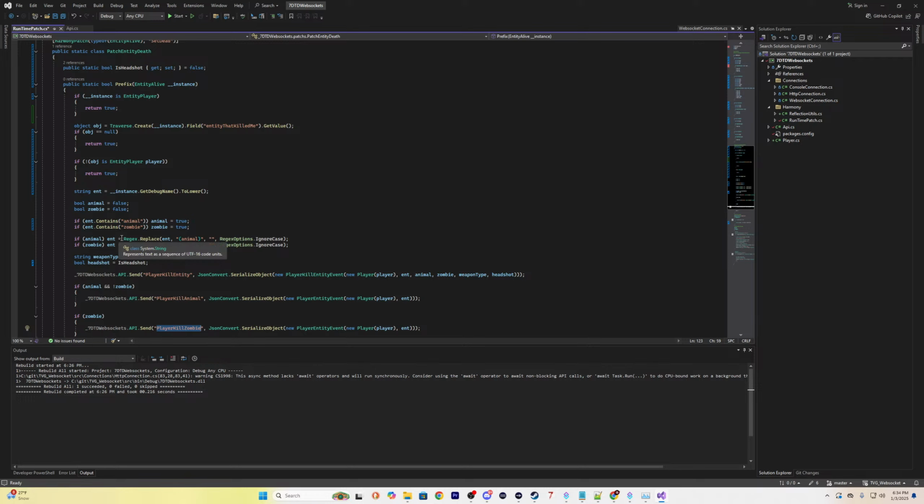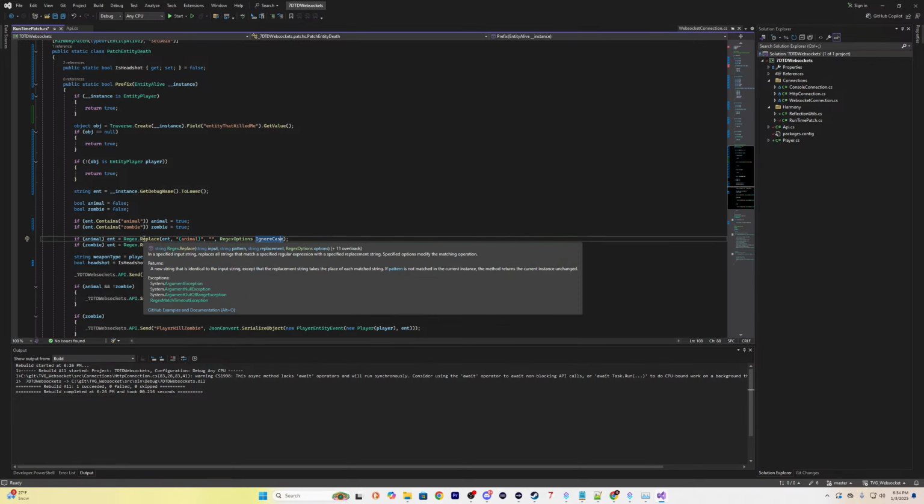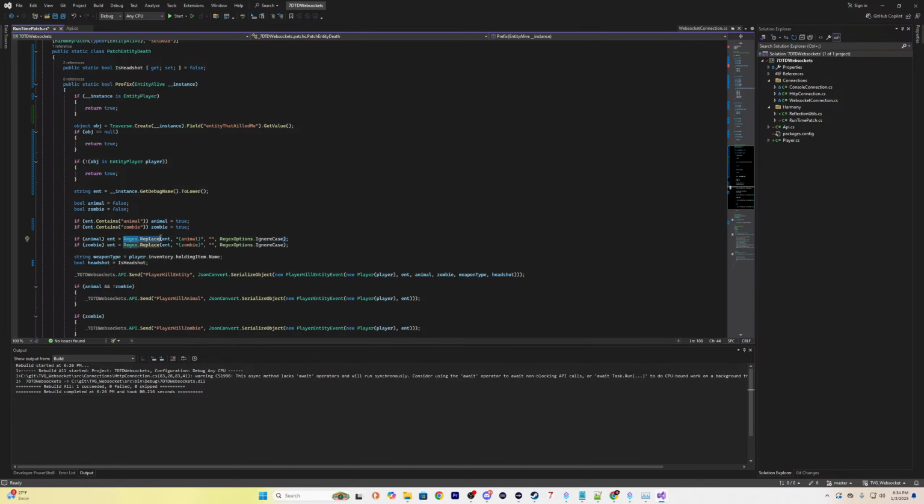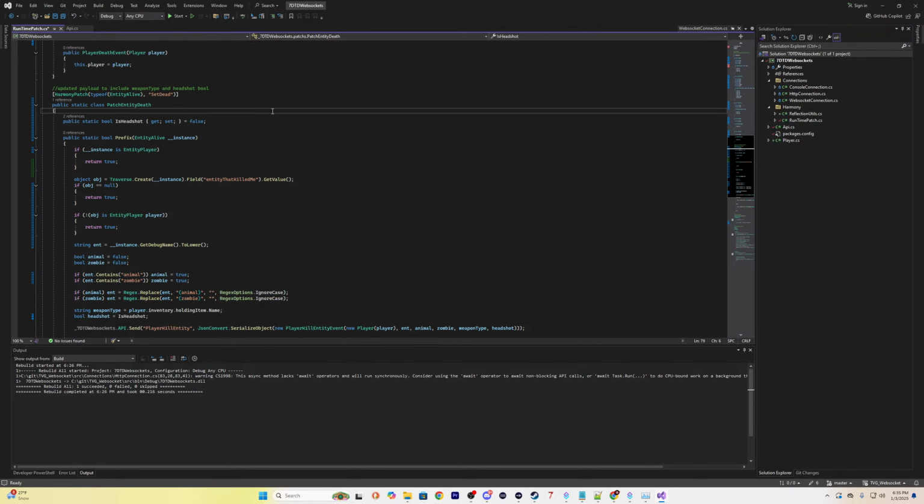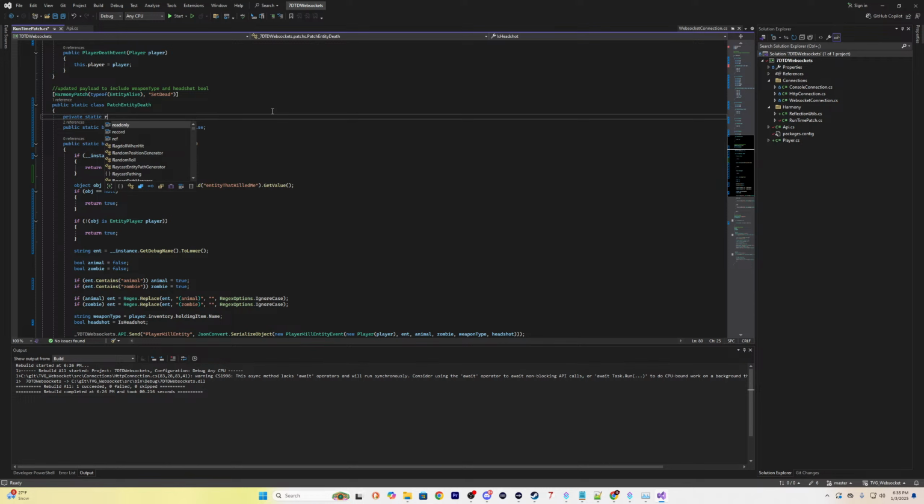When we look at this, regex like this should, at a minimum, be compiled and reused. So this is going to recreate this regex inline over and over again, and we definitely do not want that. So what we can do instead, and this is the easiest way to do this, is say, okay, here's an animal regex replacement. I'll just call it animal regex. And this is a new regex. And the pattern,